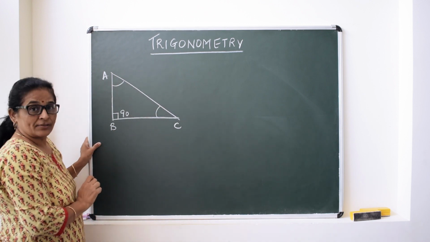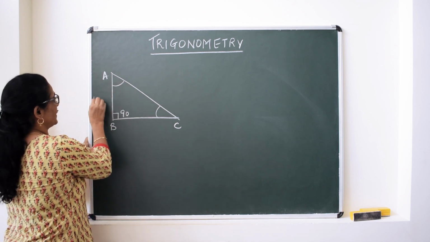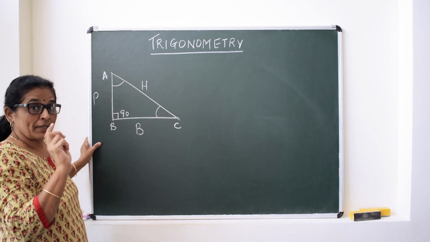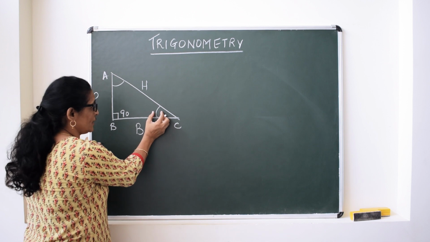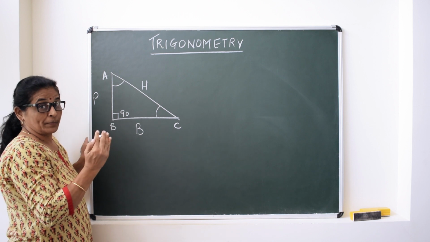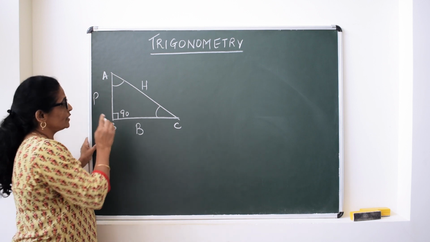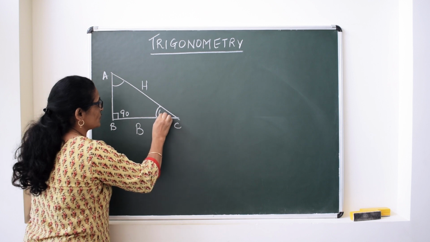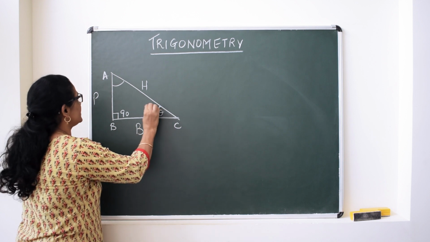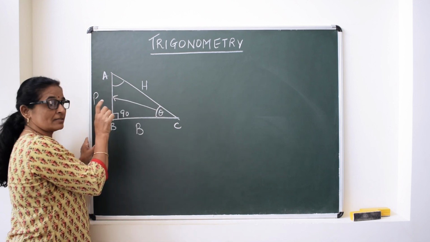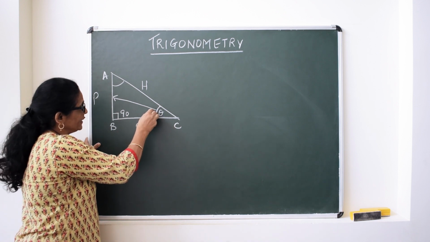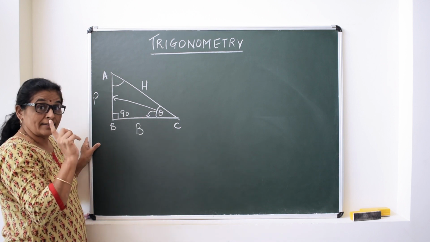So when we draw a right angle triangle, normally we say this is the perpendicular and this is the base, and of course this is the hypotenuse. But now we will talk about a particular acute angle, and for that acute angle we will see which side is perpendicular and which side is base. So for this angle, suppose we represent it as theta. Then for this theta, this is the perpendicular, meaning the side opposite to that acute angle, and the side adjacent to it is the base.